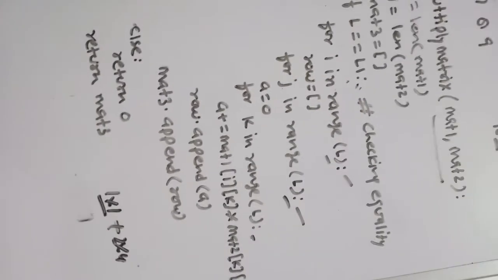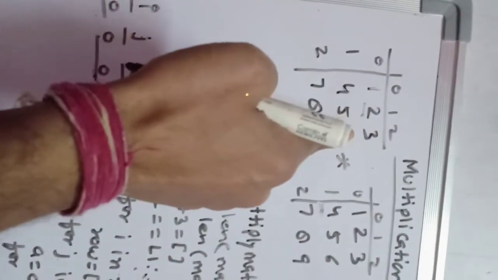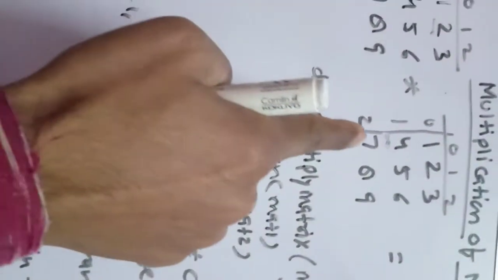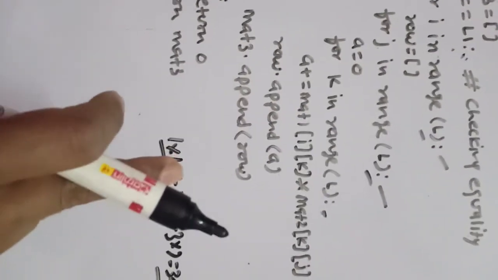Next time, I is 0, J is 0, and K will be increased. So, IK will be 0, 2. At 0, 2, 3 is placed, and at 2, 0, 7 is placed. So, 3 multiplied by 7 equals 21, and the sum is 30, the first value. When K has rotated 0, 1, 2, that is 3 times, the K loop will be terminated.